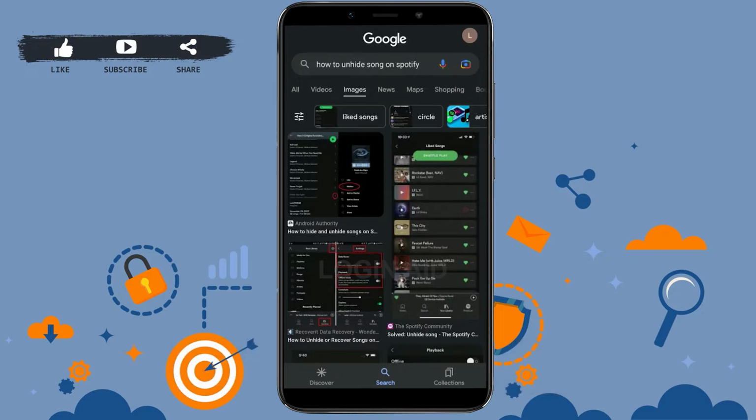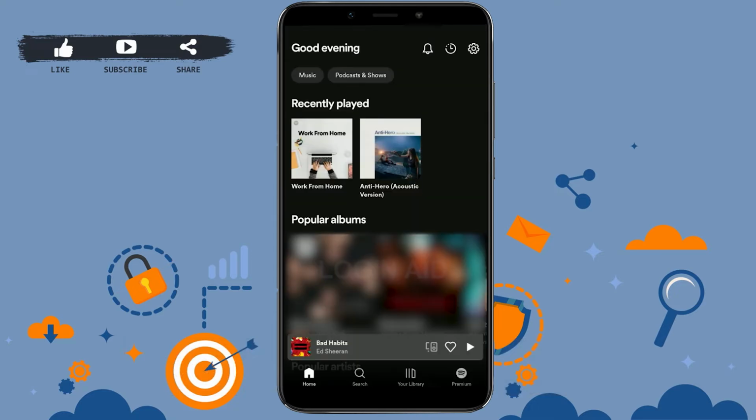Today for this video of Logging In, I will be showing you how to unhide songs on Spotify. So for that, open the Spotify application and then get logged in into the account. Once you have been logged in into the account, you need to tap on the library icon from the menu